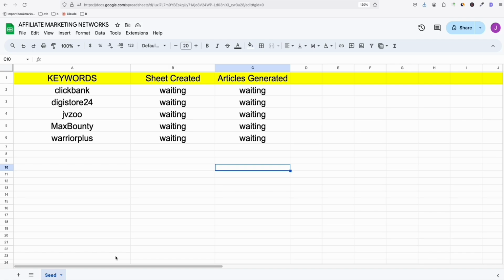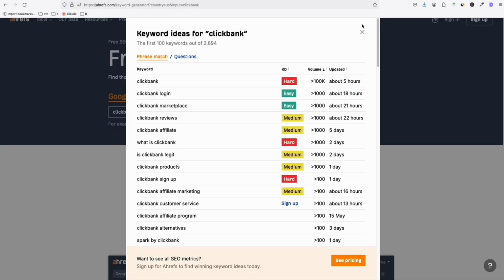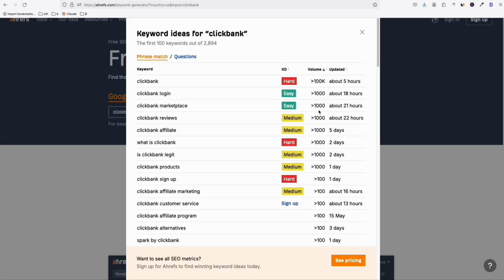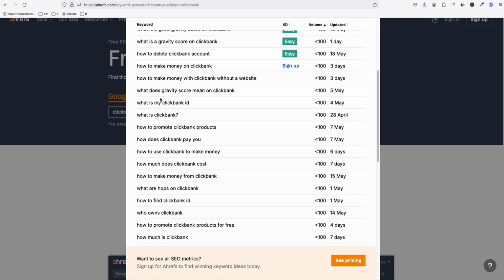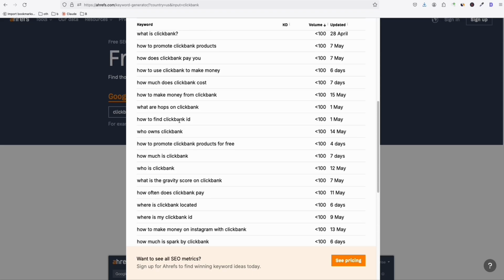So what we need right here, I will show you this service or this API. Look at this, this is the URL. The data that we will be fetching from this API is coming from Ahrefs. They have this free keyword generator where we can search a keyword, for example, ClickBank. And if we search this, look at this, we have these keywords listed right here. We may not have all the data, all the metrics, but these keywords right here are good enough for us